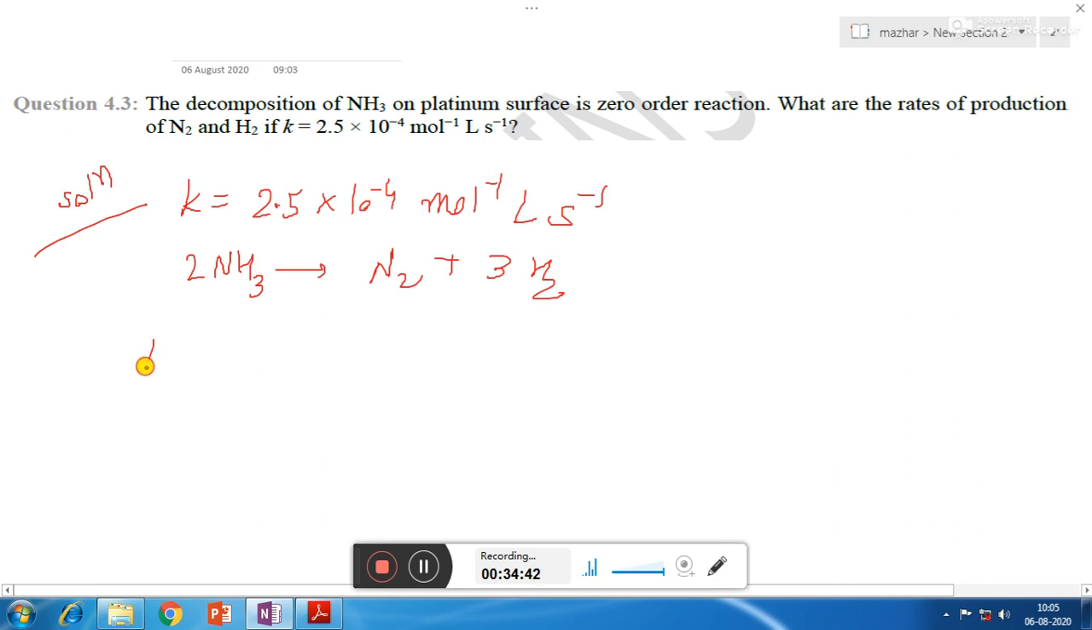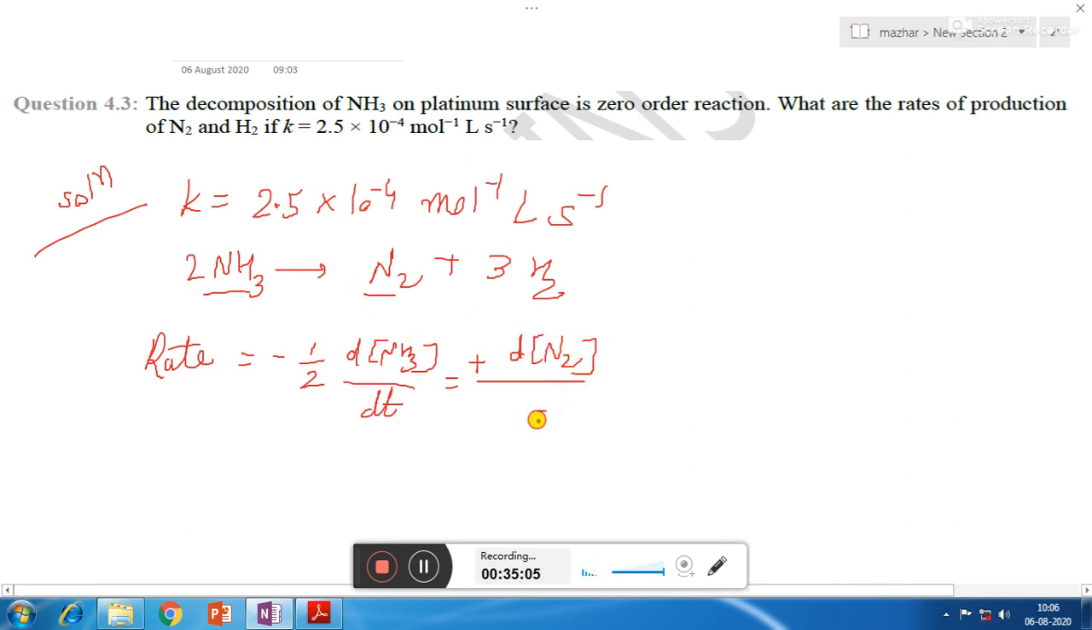Now if you are writing the rate of reaction, that is equal to, in terms of the reactant we will write minus, and the coefficient of ammonia will be divided, so minus half of d of NH3 by dt. In terms of the production of N2 we'll write plus. There is no coefficient of N2, so directly we write d of N2 by dt. Similarly for H2 it is a product, so we'll write plus. In between you have to put an equal to sign. Now 3 is there, so we divide by 3, so plus 1 by 3 d of H2